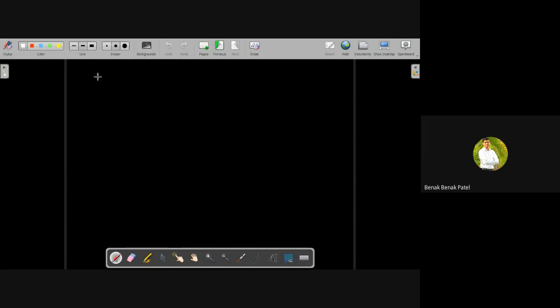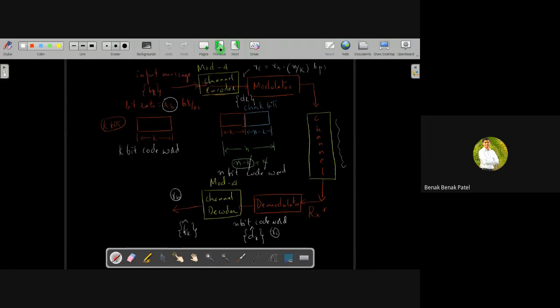So here we'll define a quantity called probability of error. Considering our previous block, we'll define a quantity called probability of error, which can be mathematically represented as capital P subscript E. So this is equal to